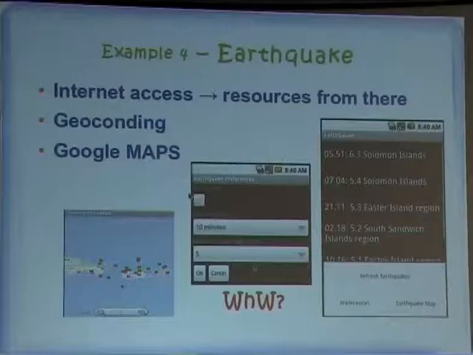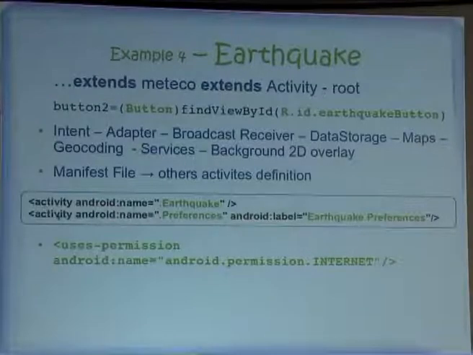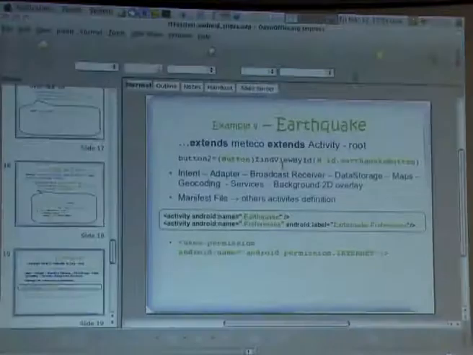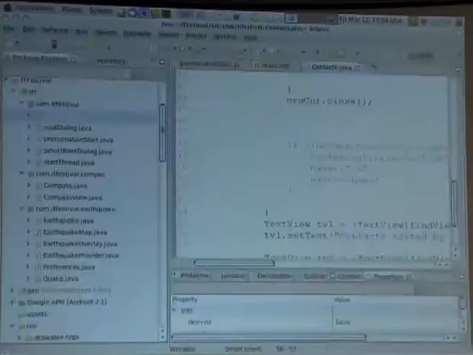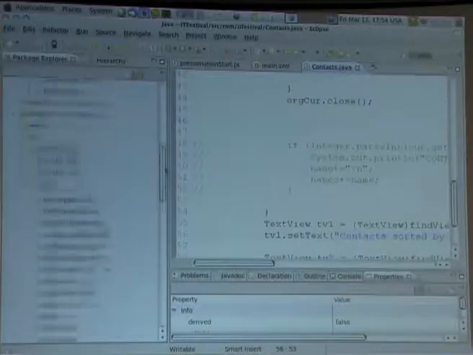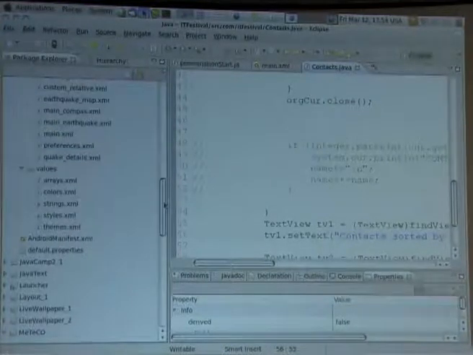And also because I have set up a couple of other activities in this application, I have to define in my manifest file that I'm going to use the other activities. I have to set up the list of the activities I'm going to use in the manifest file. The manifest file is in the root of my application.